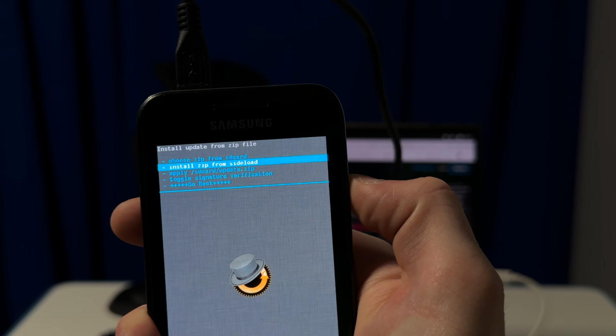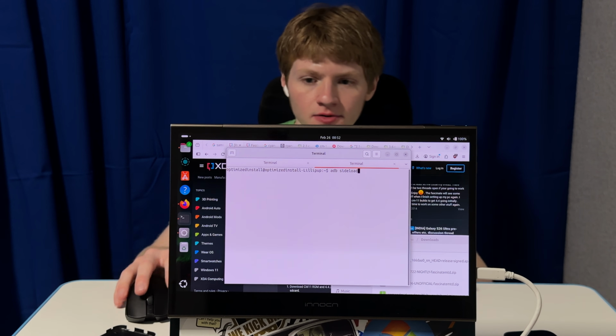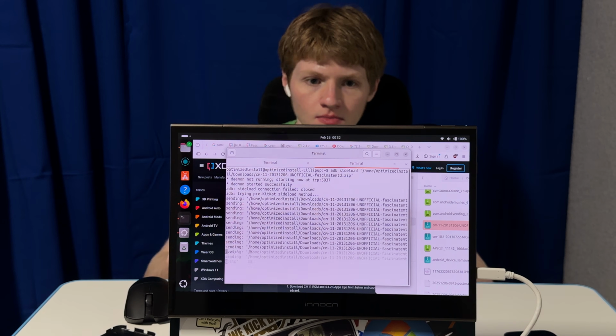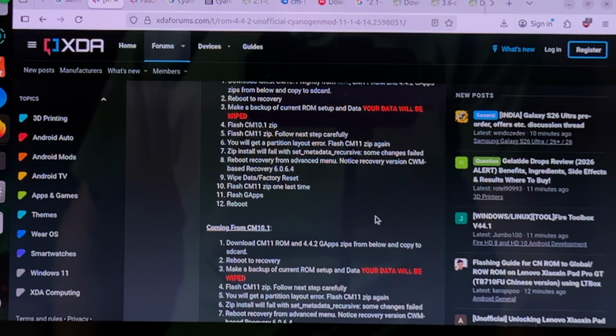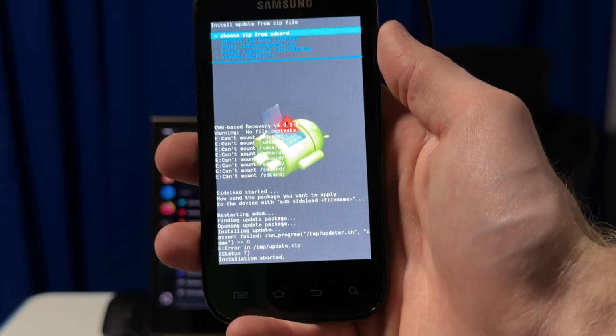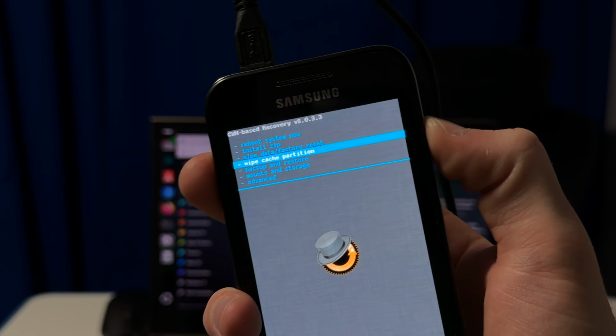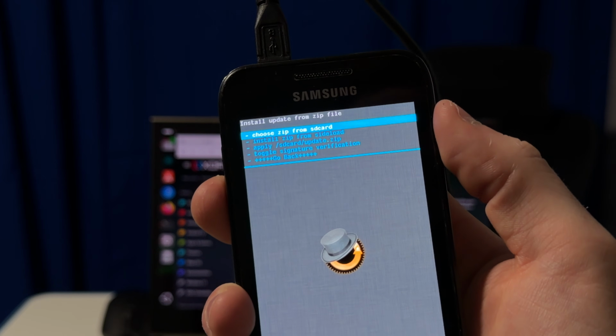I am so lucky there's an install zip from sideload option in here. Punch in ADB sideload, drag the file in. Alright, looking good. Zip install will fail with set metadata recursive. That's not really the error we're getting here, but I guess we'll just reboot to recovery and try it again. That's weird. Alright, so now we just wipe the data and flash the zip one more time and hopefully it'll